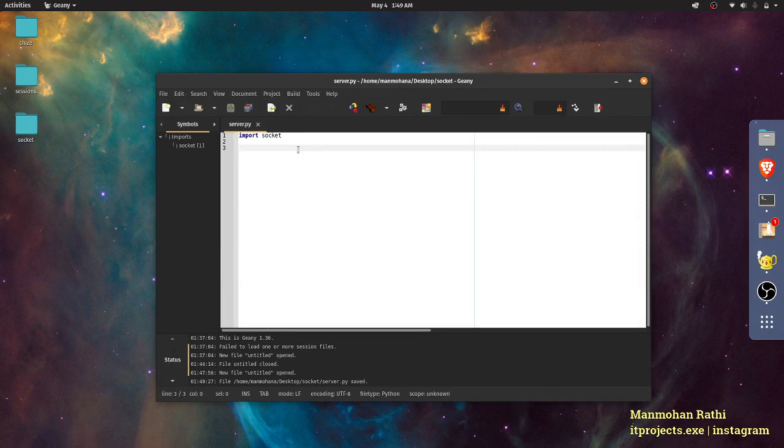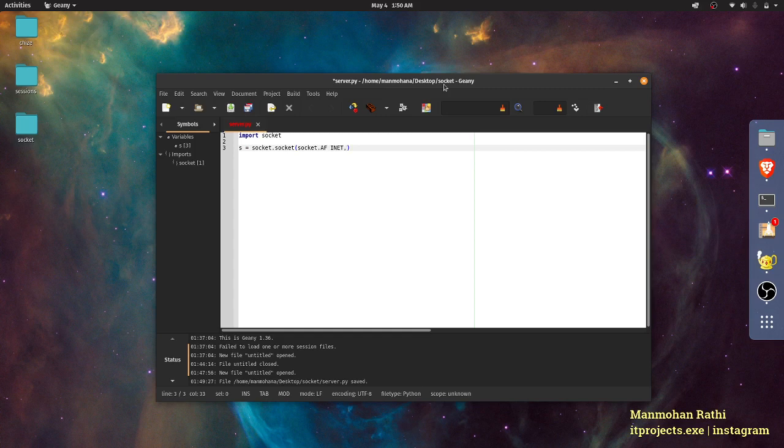For that we type s, which is just a variable name. You can use whatever you want in place of s. Then type socket.socket, and inside the brackets we type socket.AF_INET. AF_INET is basically the network family.